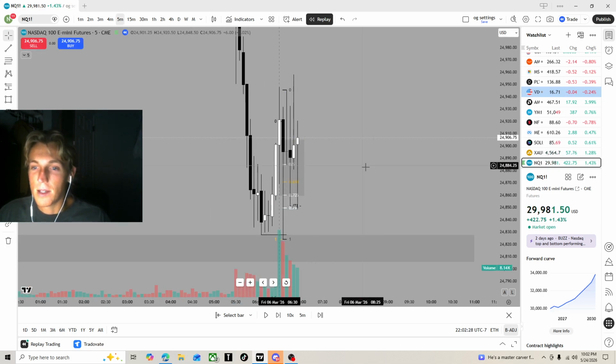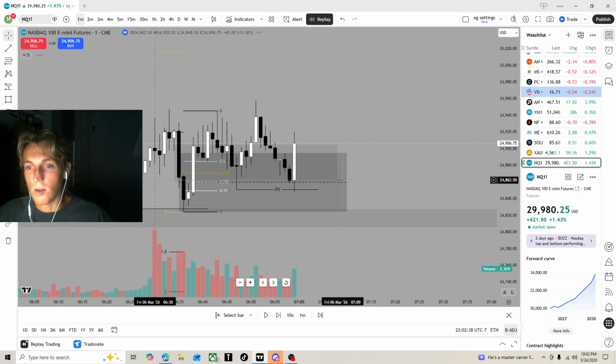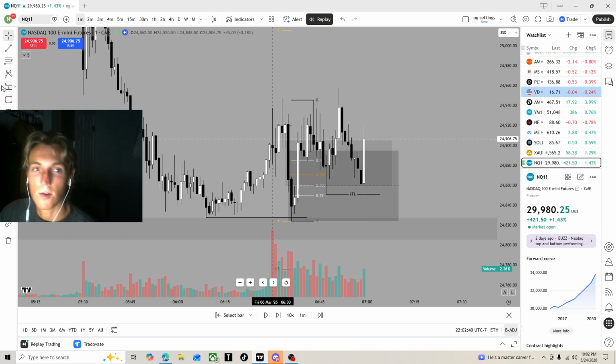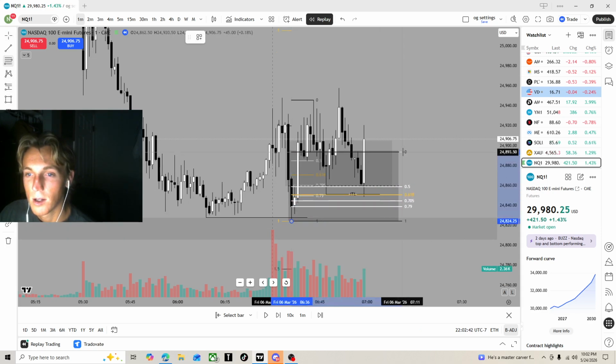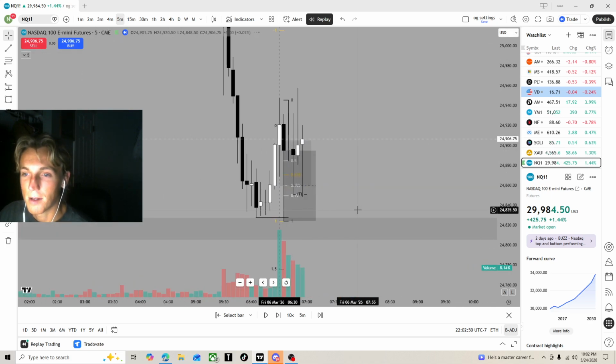It doesn't even need to be inside of a PD array. The PD array would just be this 5 minute rejection block, not a fair value gap. You can see, mark out this low lined up right below the CE of the rejection block. Mark it that the OTE is basically OTE of it. You can see we come down, turtle soup it, and if you look at the 5 minute time frame, it